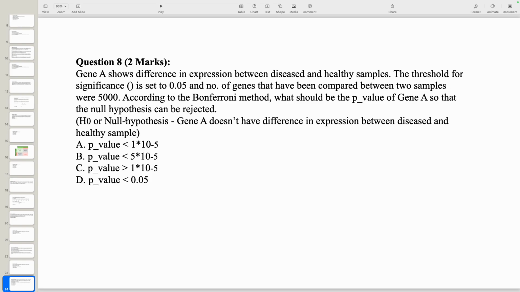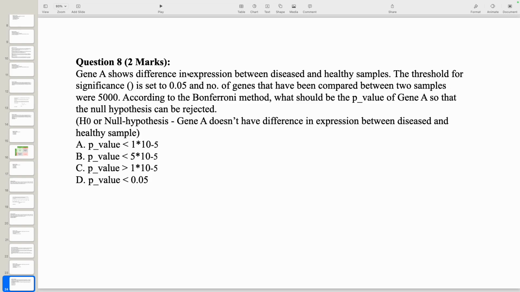Okay, let's look into the answer for this question. So in this question, we are given the p values, since we have done some statistical test for 5,000 genes, and we found that gene A was differentially expressed, or it had a difference in expression. And for this p value, the criteria, based on the p value which is 0.05, so normally we take